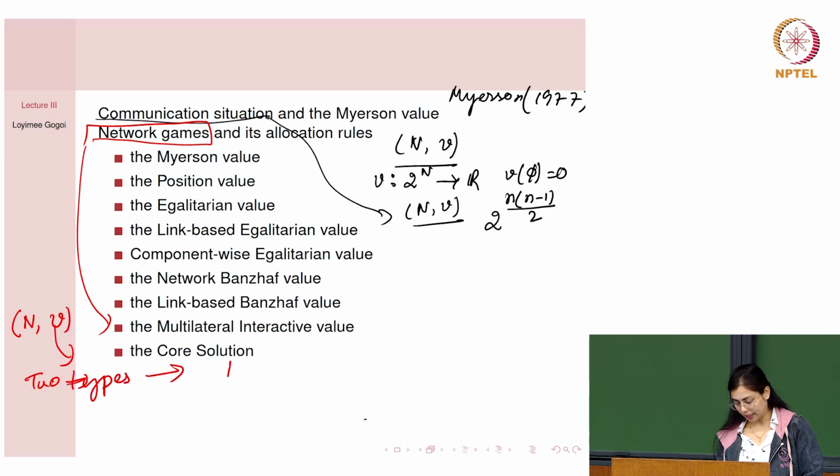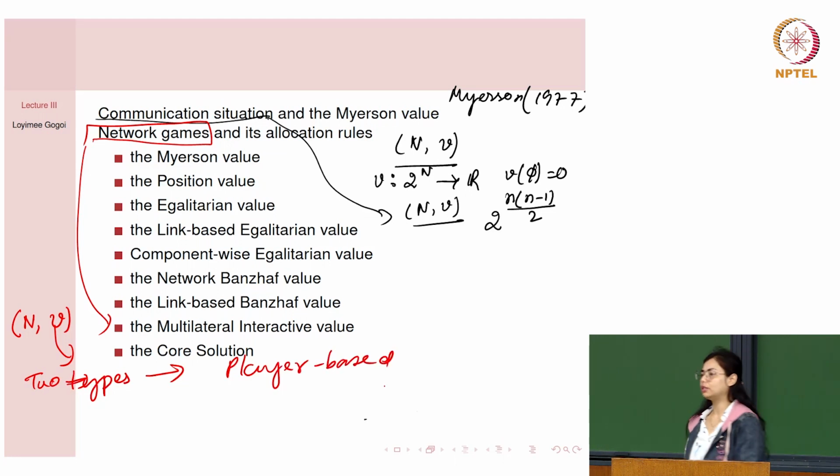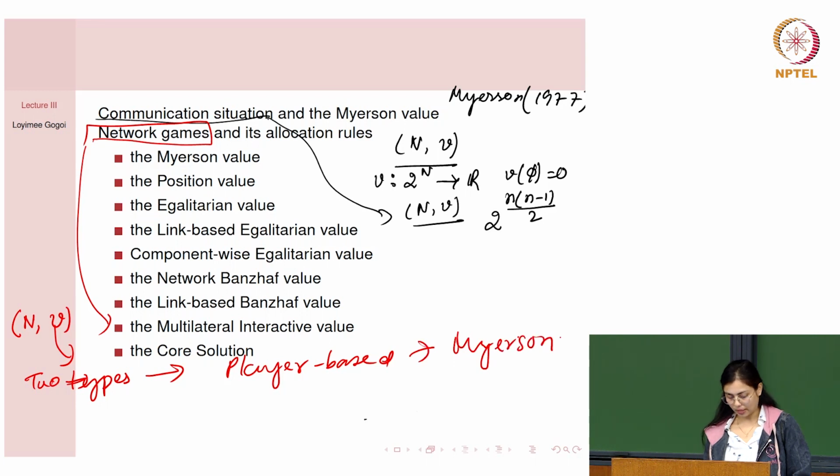So first is player based. In a player based allocation rule, what do we do? First we allocate the players in the networks. So one allocation rule we talked about is the Myerson value, right? And second,